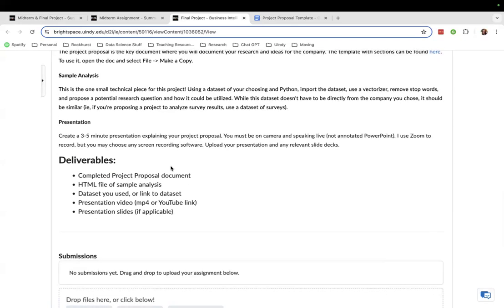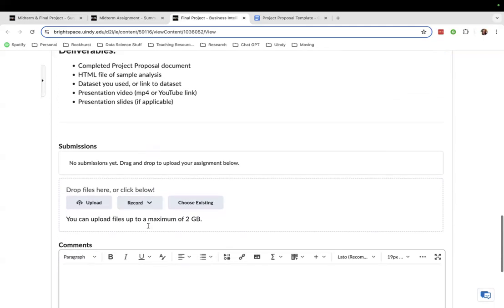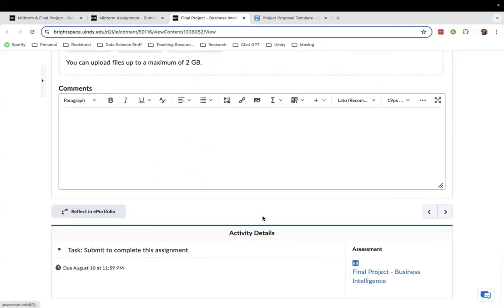And so your deliverables are that project proposal document, your HTML, like your analysis, the data set you used, or a link to that data set, and then your presentation video. And if you made any slides or anything for your presentation, add that as well. And then the rubric